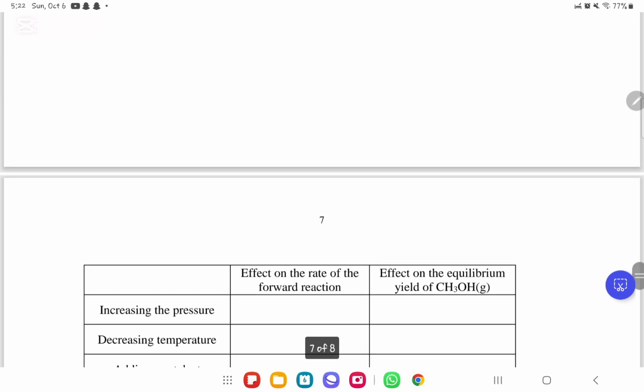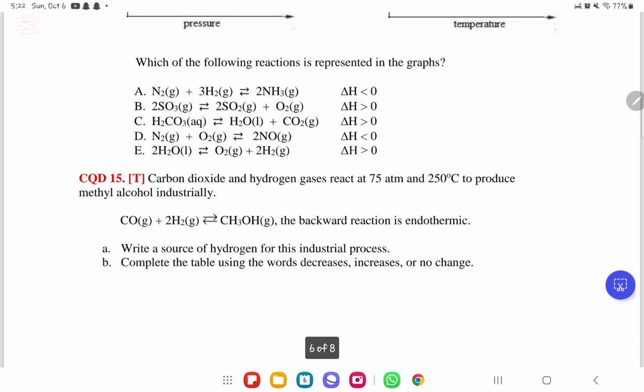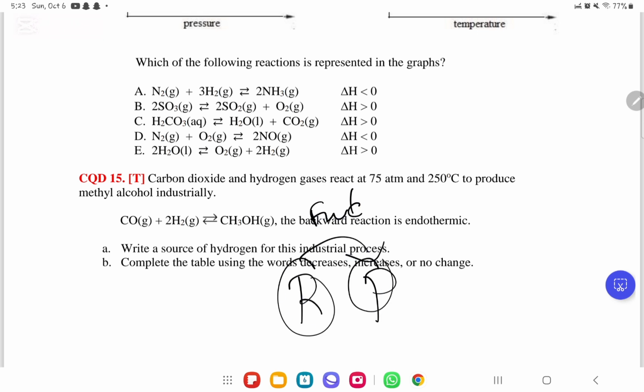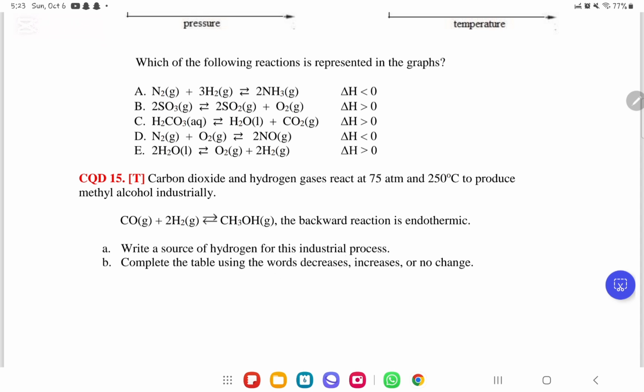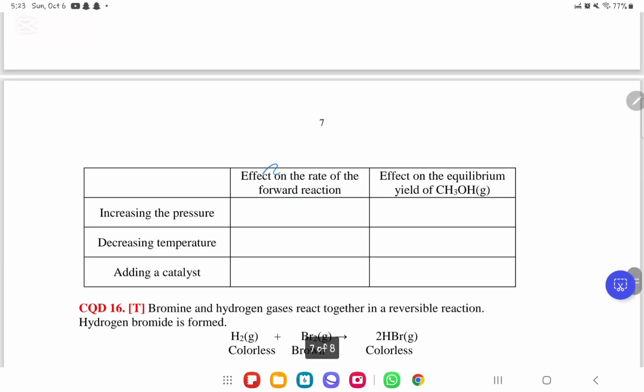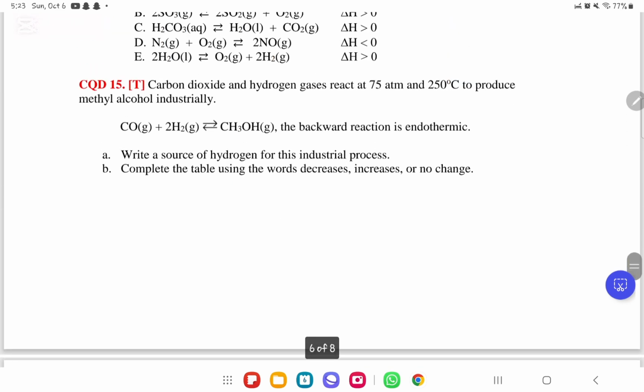Alright. So we said that the reactants are gonna give to our products, yes? So it is a forward reaction. However, I don't really understand because I checked the answer key for this one. They said here that the effect on the rate of the forward reaction decreases. So if you do it my way, you will get that the effect on the rate of forward reaction increases. But if you did it their way, I think both ways are correct, okay? But what I think they did was